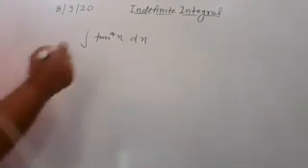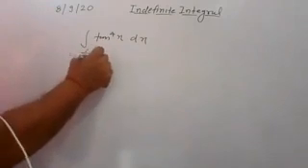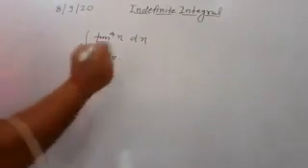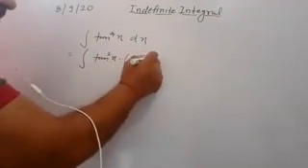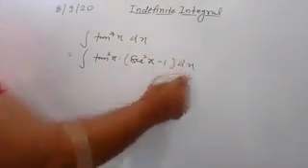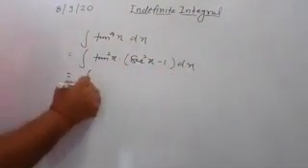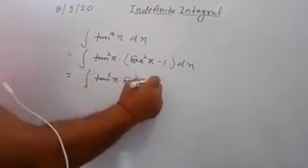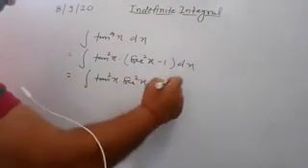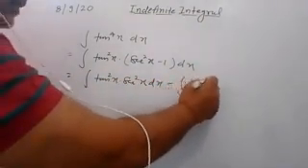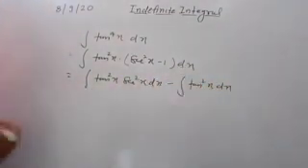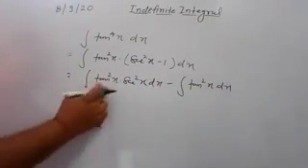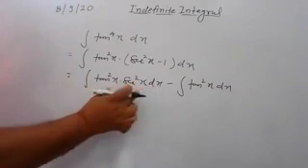So tan to the power 4x can be written as tan square x into tan square x, and the next tan square x is converted into sec. So you have sec square x minus 1 into dx. Now multiplying it, you have tan square x into sec square x dx, and minus integration of tan square x dx. You break it in two parts. And here, if you assume tan x, its derivative sec square x dx is present there.